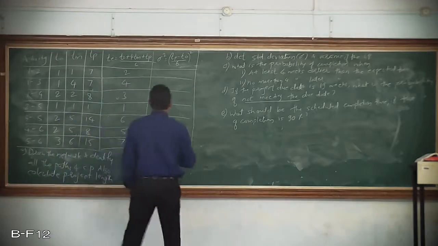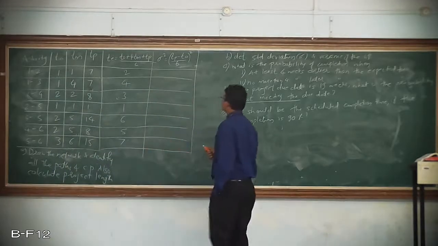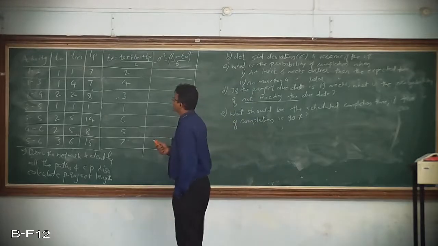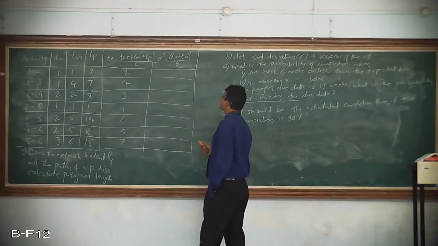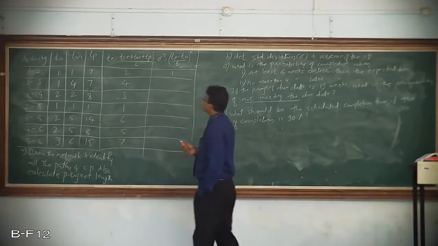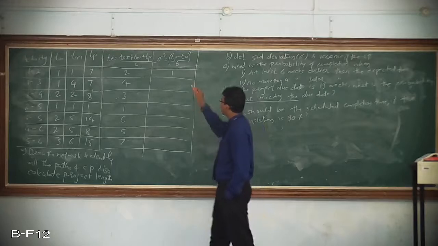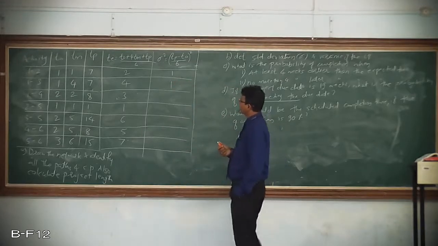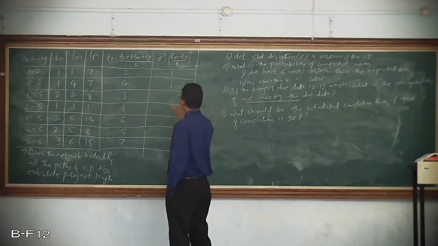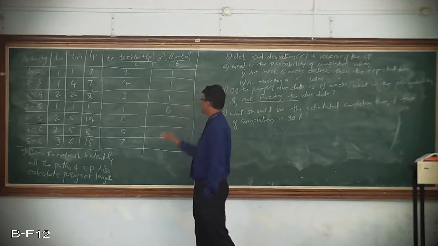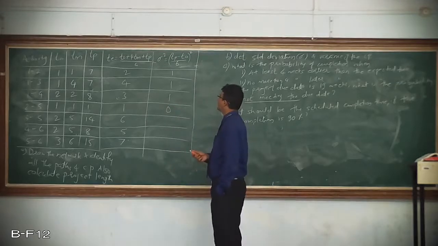Then I'll calculate sigma square, that is Tp minus T naught divided by 6 the whole square. So Tp 7, T naught is 1, 7 minus 1 is 6, 6 divided by 6, that is 1, 1 square is 1. Then 7 minus 1, again it is 1, 8 minus 2, that is 6, 6 divided by 6, it is 1 again, 1 minus 1 is 0,